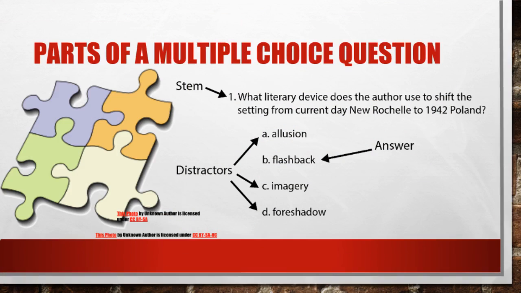Before we go to the rules, let us study first the anatomy of the multiple choice type of question. The parts of the multiple choice question. STEM is the question of your test. Distractors should be reasonable enough to be thought of as also the answer, but basically it is the wrong choice. The answer should not be misleading and should be very precise, or else your test question will not be valid. If these parts are taken into consideration, you now have a good foundation of making a good multiple choice test